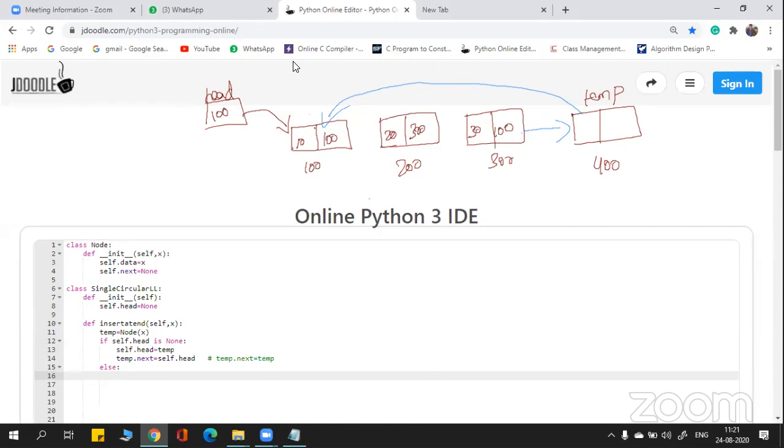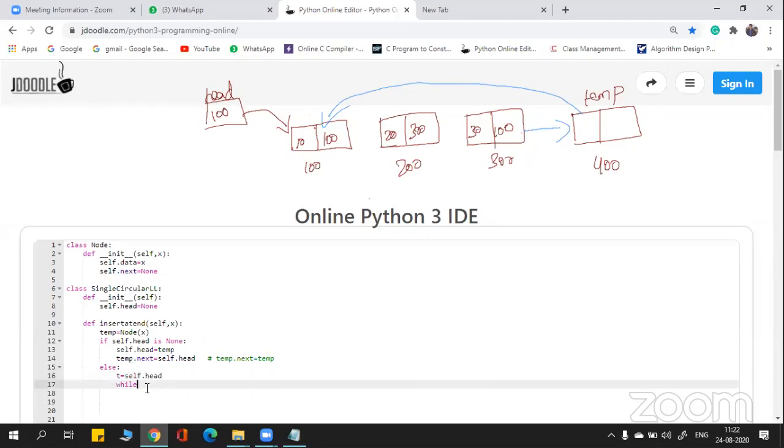Yes, guys, now I should come to the last node. So normally what we used to do is write a loop. We used to take some temporary variable, for example t. So I'm just taking t is equal to self.head. After that, normally I used to write t.next